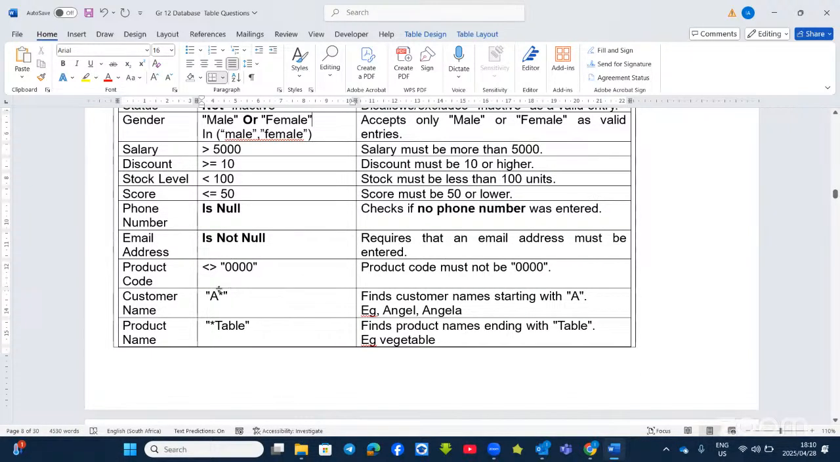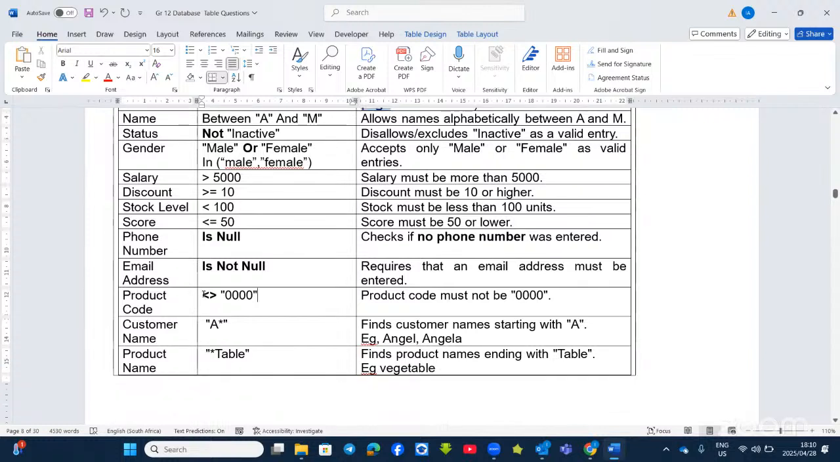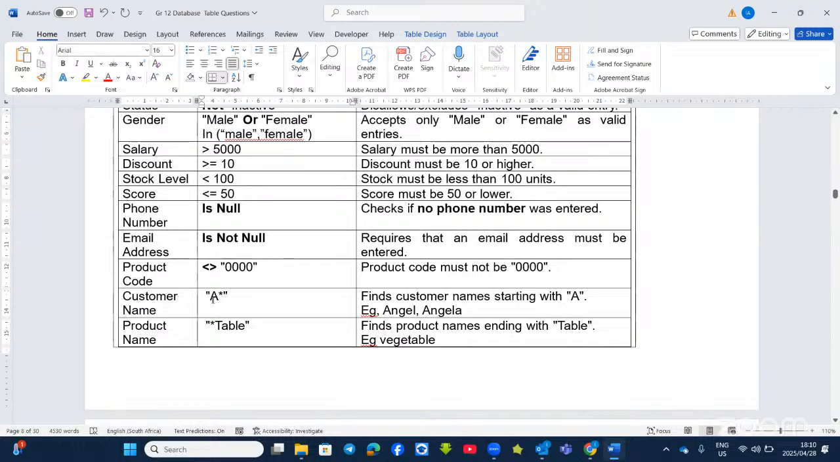Now, when you use this arithmetic operator, it also means not or excluded. So instead of typing not, you can also use this one, that's excluding. And then we also make use of wildcards. If you use an asterisk, meaning that customer names